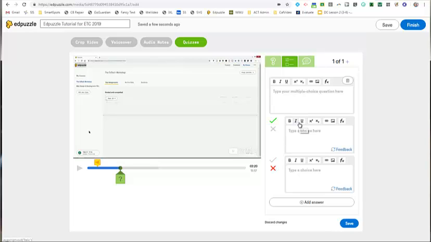They still only have the option to choose one answer. So maybe there are multiple ways that they could have an equivalent answer, and you're willing to accept those, and you would take any of them, that would be fine. But I typically just do one correct answer just to make things simple. So what I'm going to say here is